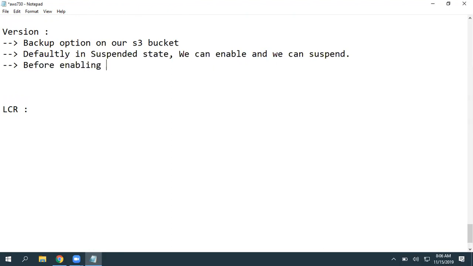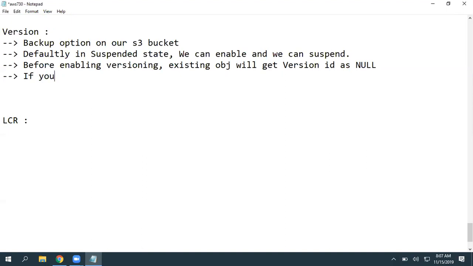Before enabling versioning, what are the objects you have? Existing objects will get version ID as null.